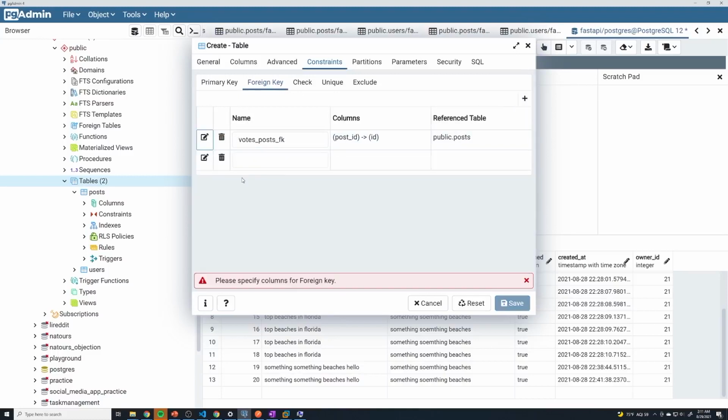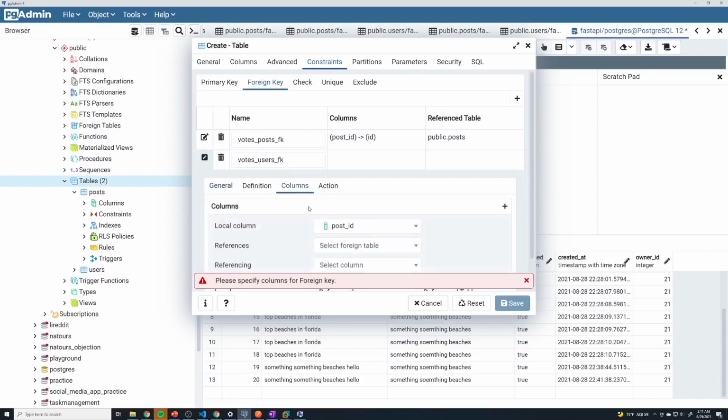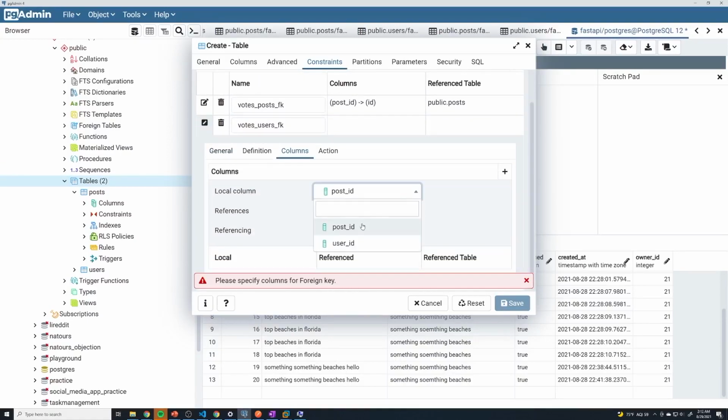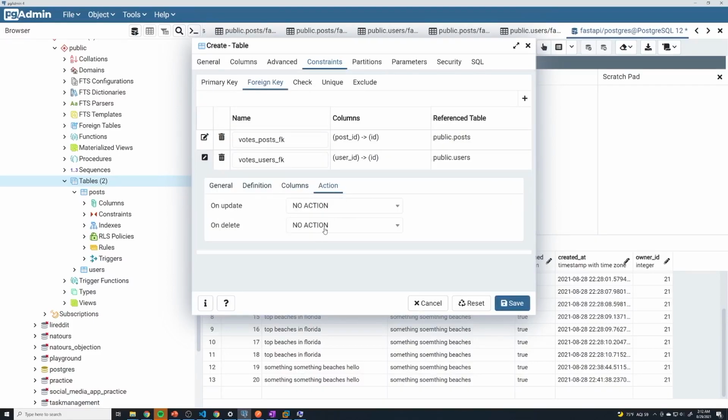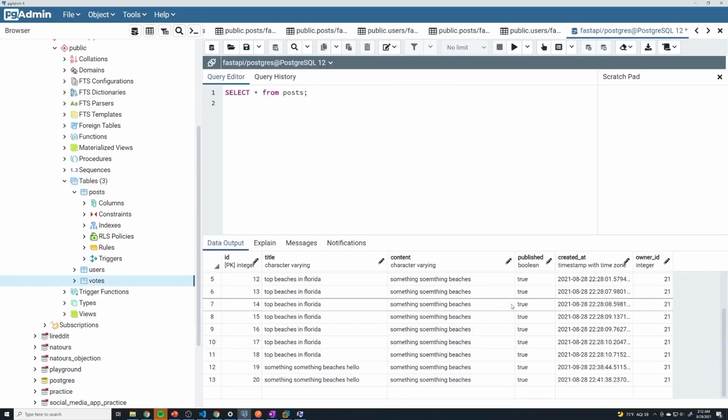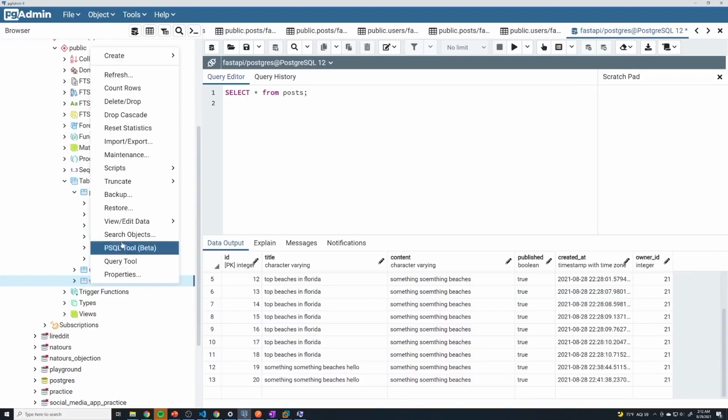Let's add another foreign key. And this is going to be called votes_users_foreign key. Columns, this is going to be user_ID of the local table. This is going to reference the users table, and then it's going to reference the ID. We'll hit that. Actions. This is going to be cascade as well. And we'll save that. And then I'm going to right click on the votes table, and then we can go